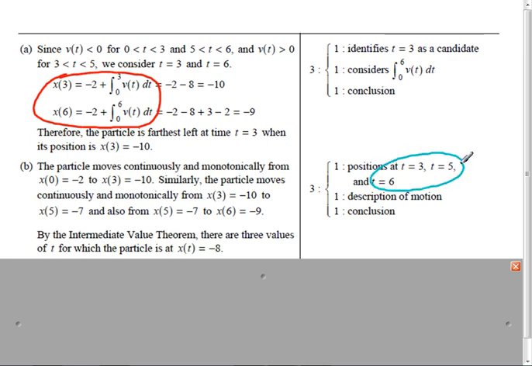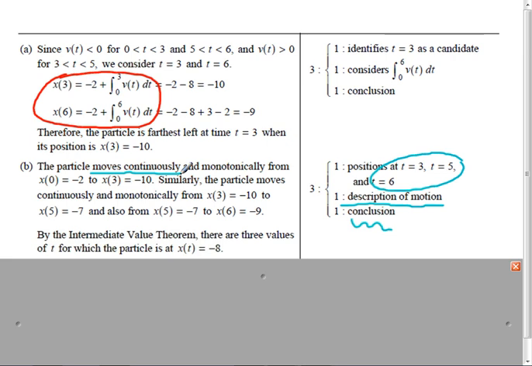So that's nice. If you didn't do the 5, you don't get the point. I'm pretty sure of that. Description of your motion. I have 2 out of 3 because I said intermediate value theorem and I figured out what the answer was. But unless I wrote out what I talked about, and what did we talk about? The particle moves continuously, don't worry about the monotonicity, it's not important. Well, I'm going to say it's not important, but they aren't going to look for that because nobody's going to